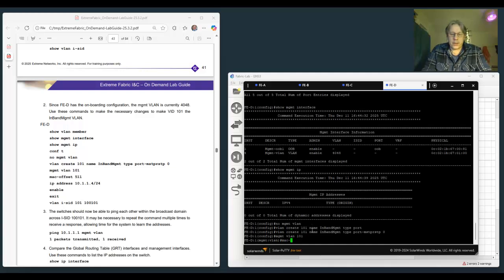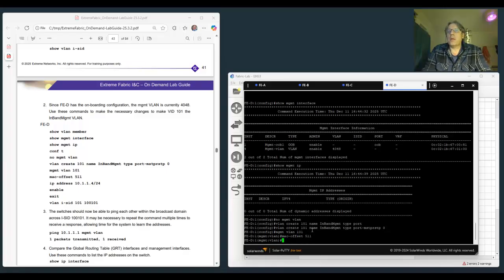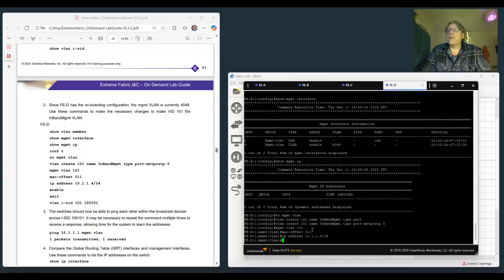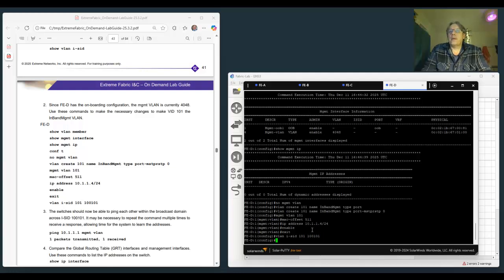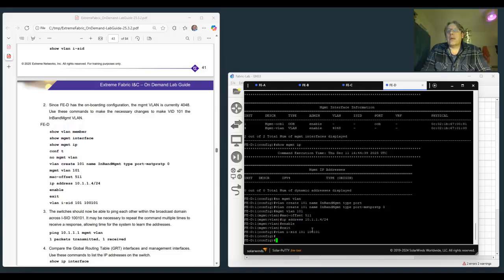Set a MAC offset of 511. Assign IP address 10.1.1.4/24. Enable, exit, VLAN ISID 101 100.101. Okay, now the switches should now be able to ping each other,